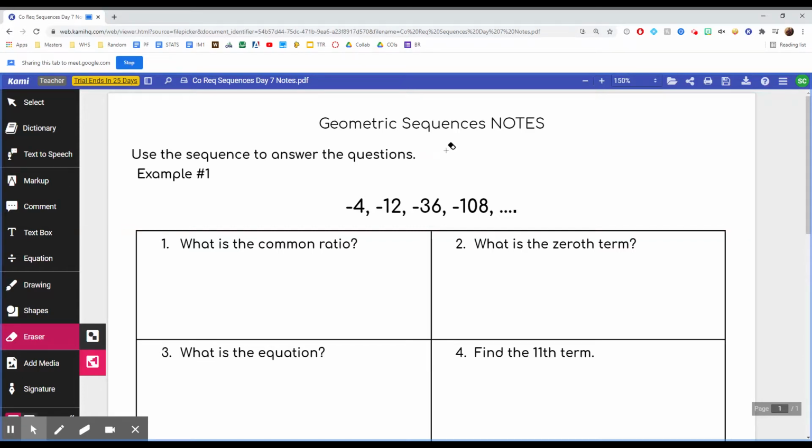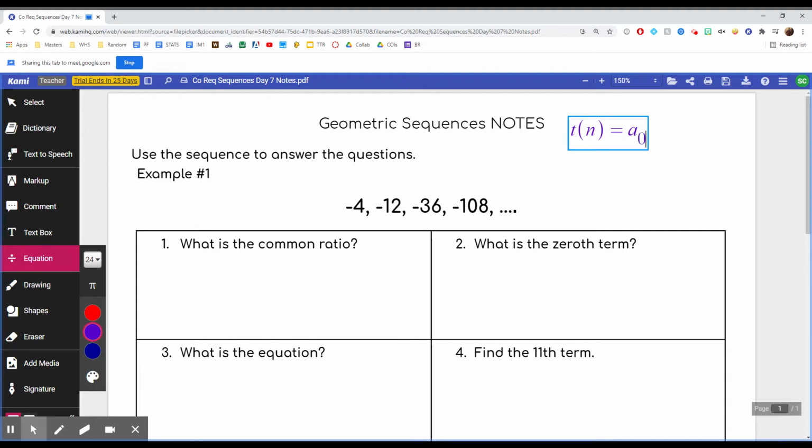Okay, so on today's lesson, we're going to continue talking about geometric sequences, but the main focus will be on finding the equation, okay? And the formula that we will use for this is T of n is equal to A sub 0 multiplied by B to the power of n. Okay, and just like before,